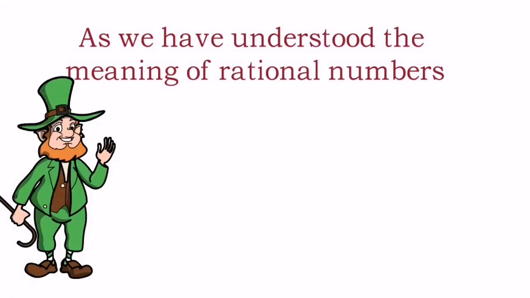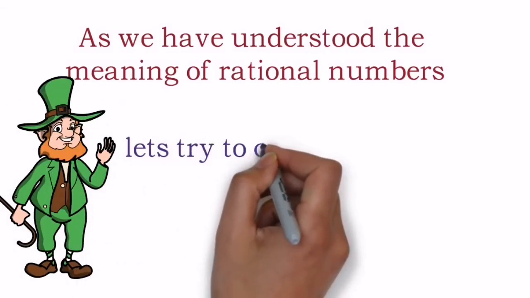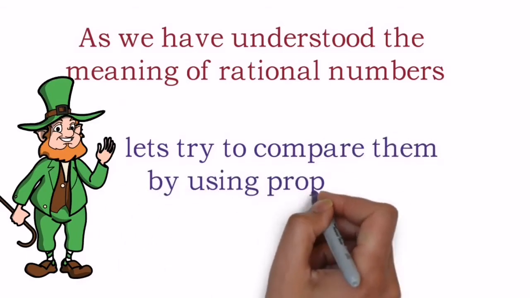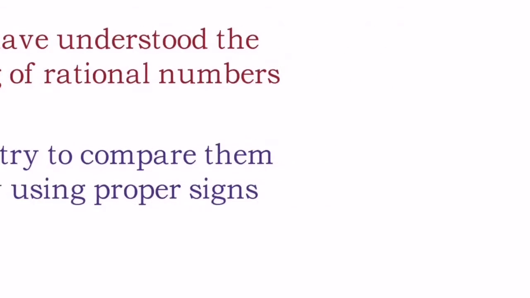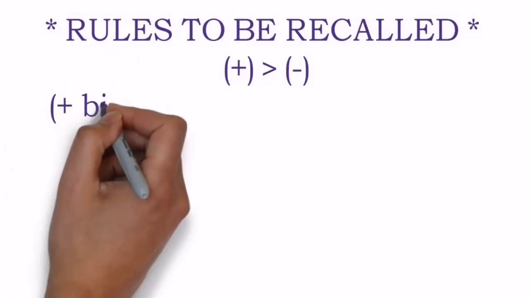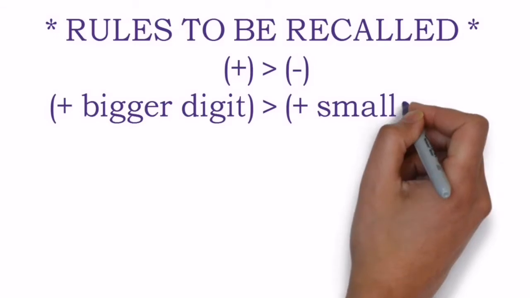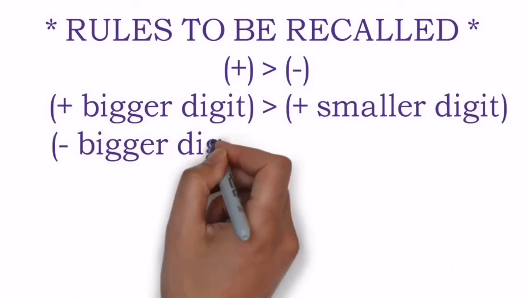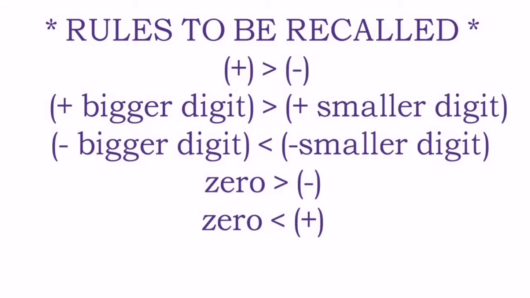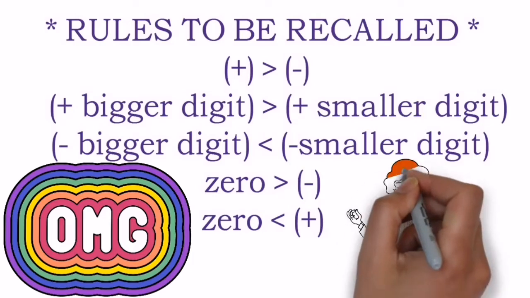Comparison of the rational numbers is nothing but to decide which number is bigger and which number is smaller. And for your kind information, dears, we are going to use the same rules that we had learned for the comparison of the integers. The first rule says if among two numbers one number is positive, one is negative, then positive is always bigger. Okay, and between two positives, the bigger positive is bigger, and between two negatives, the smaller negative number becomes bigger. Keep it in mind, between two negatives, the smaller negative number becomes bigger.